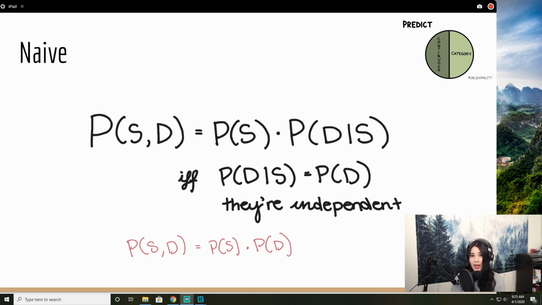Okay, so now we've covered what the Bayes part of the naive Bayes algorithm